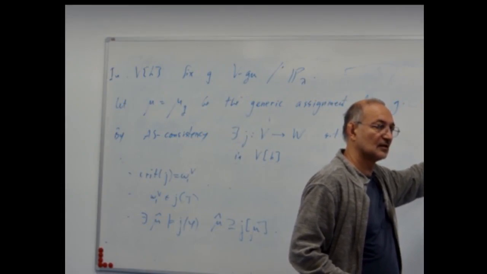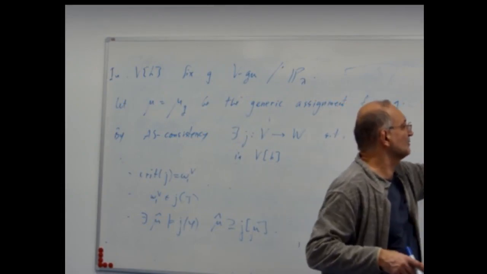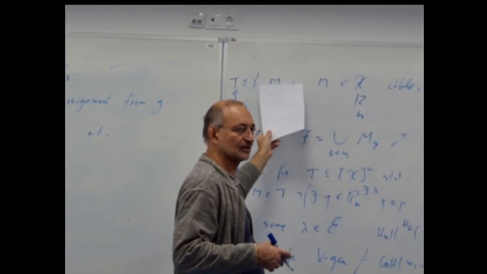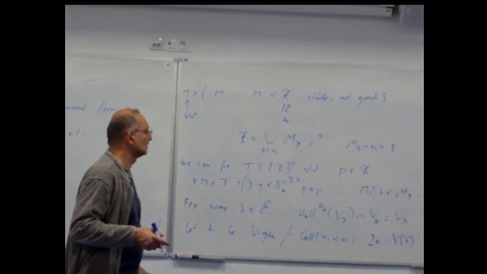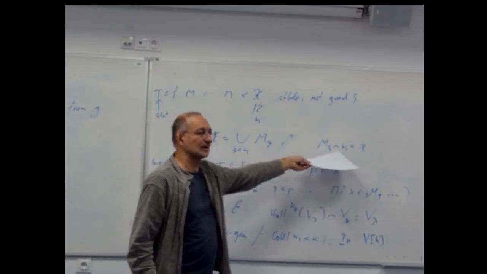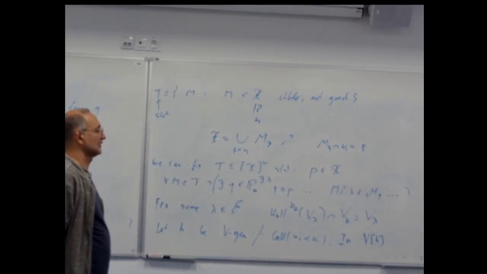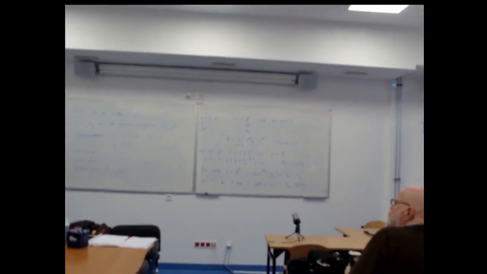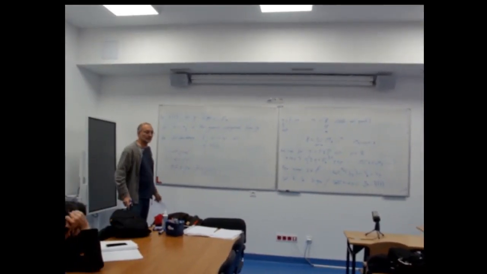T is not really a set of ordinals, right? But there is a bijection between x and omega 1. I can think of T as the set of M intersection omega 1, because they are the same, since I require that. So, you're right. Where does J map omega 1 of V? To omega 1 of W. We don't know. And everything is done in some big collapse.